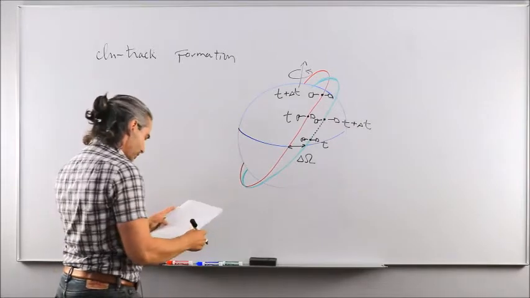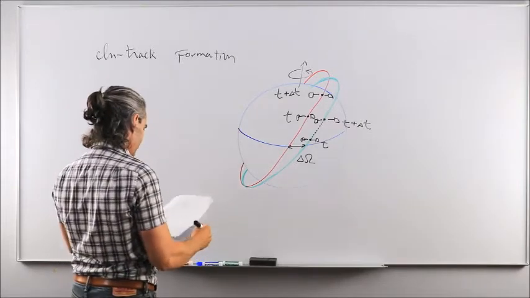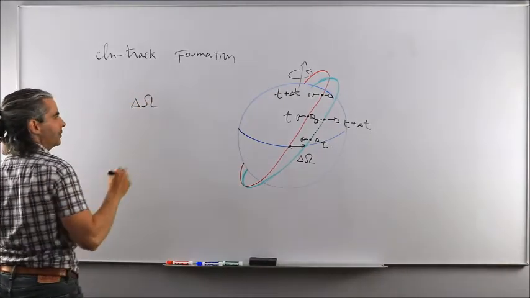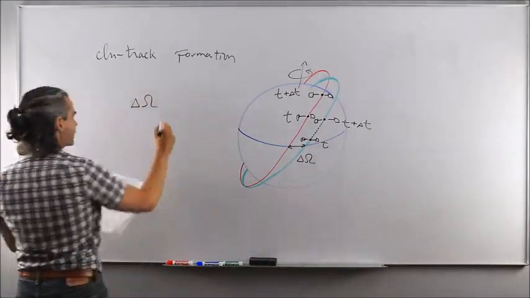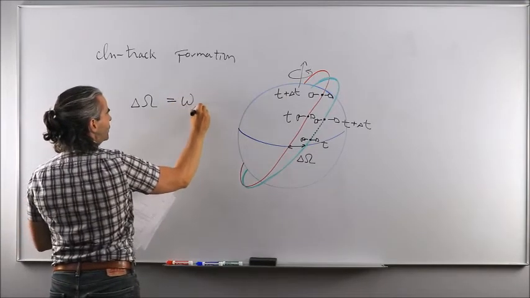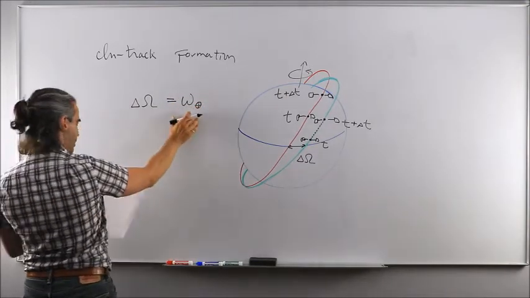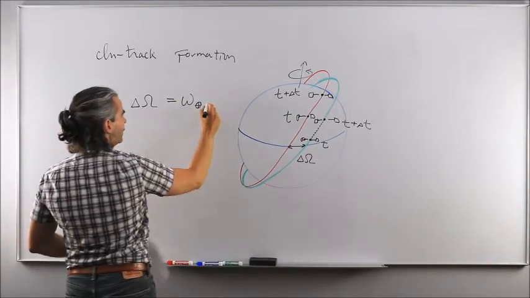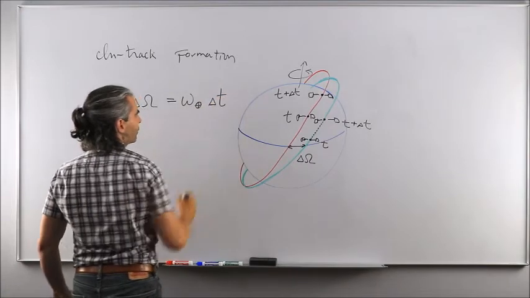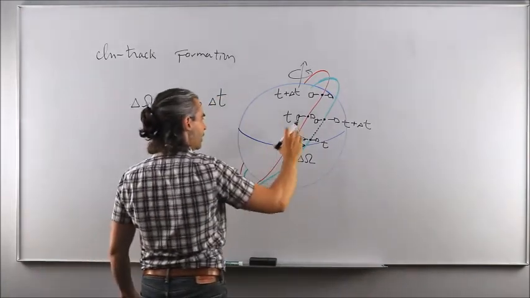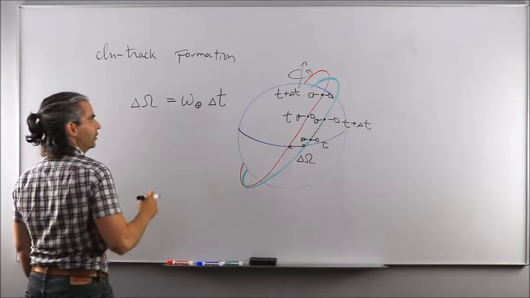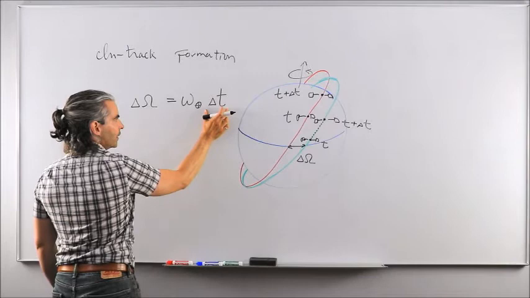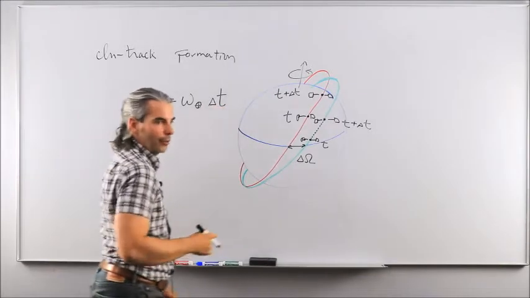So this, in terms of equation, translates into, first up, a difference in the RAAN between both orbits that is going to be equal to the angular rotation of the Earth, which is a constant. That's your 2 pi per day in radians per second, times the time difference over which you want to fly over the same geographical spot. Do you want to fly over Ottawa over a delta t of 1 hour, meaning that